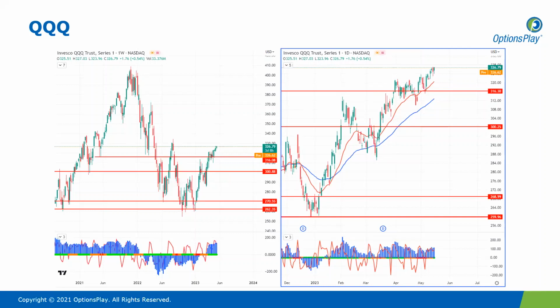Again, I'm going to repeat what I said over the last few weeks. The reason that the NASDAQ 100 is outperforming the S&P is due to the fact that, one, the NASDAQ 100 is comprised mostly of growth stocks and technology stocks that are performing quite well, especially given that markets are now pricing in the Fed to start cutting interest rates this year. So that is going to be a long-term tailwind for the NASDAQ 100. And that's part of the reason why we are seeing that outperformance relative to